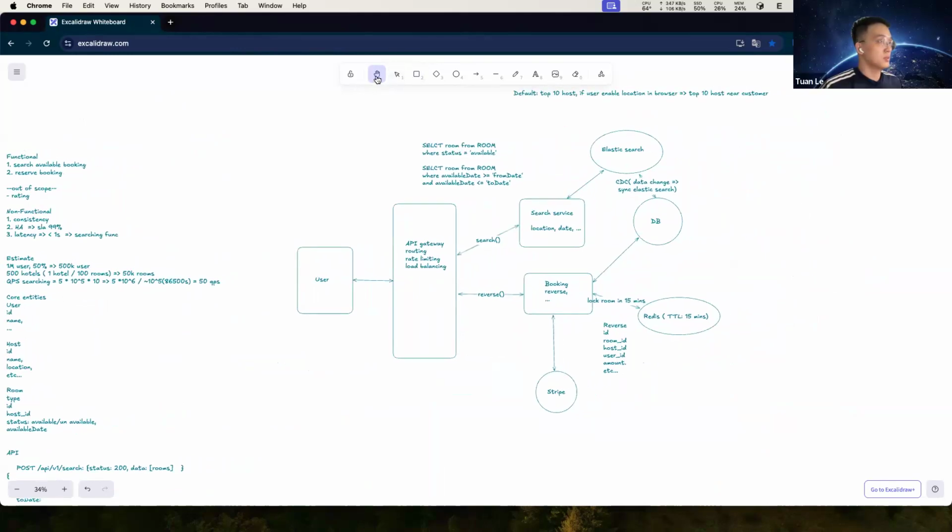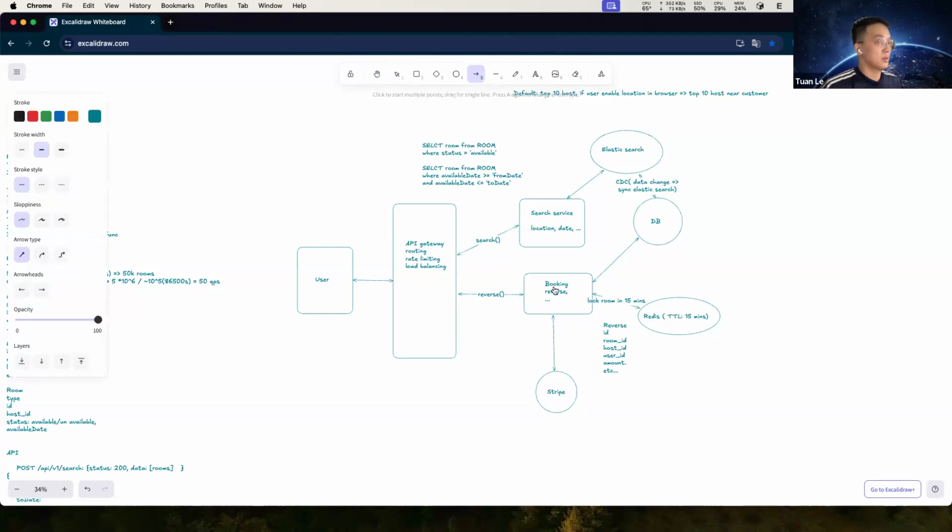Okay, so first, when the user makes a reservation, I want to check the room: the host ID and the room type.